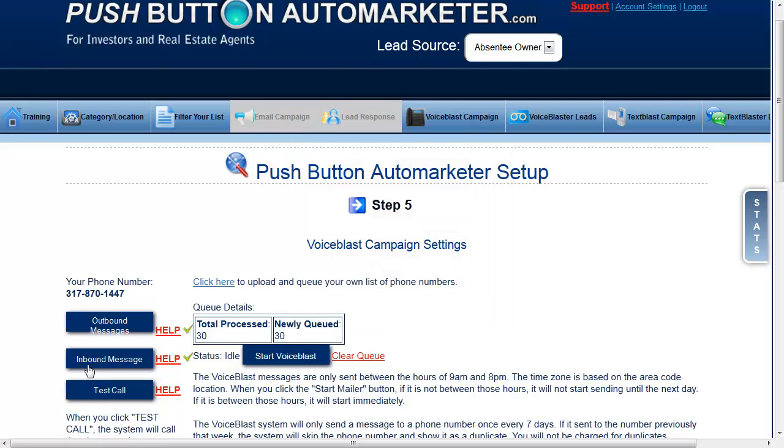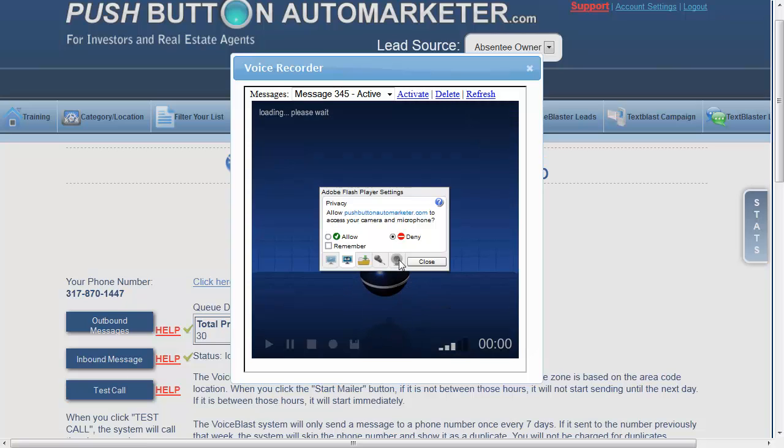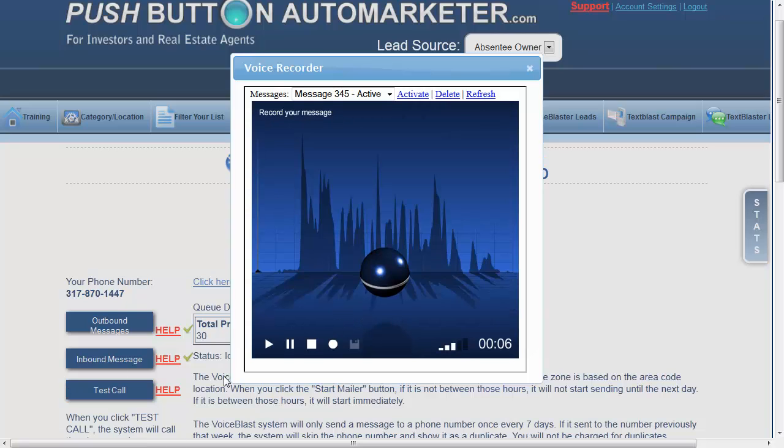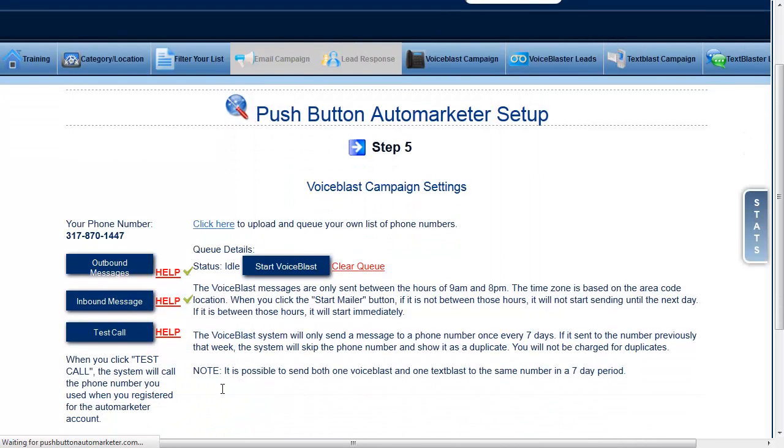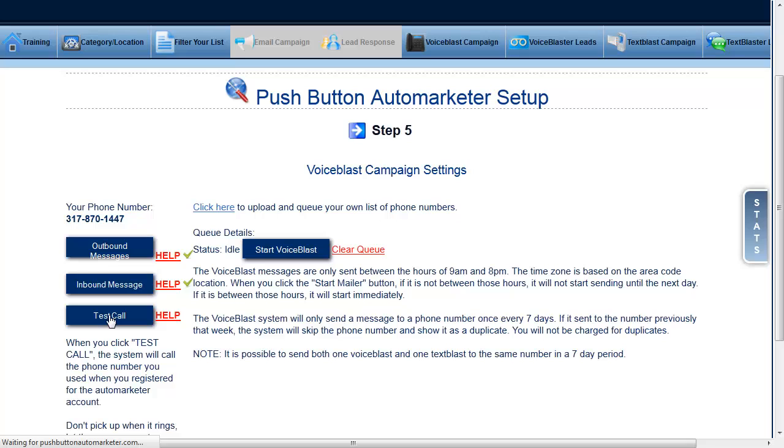And then the inbound message is just like a voicemail. It just says, hey, this is Joe. Leave a message after the beep. I'll get back with you as soon as I can. And that's all it says. And then you can run a quick test call, and it'll send it to your phone number, and you can listen to it. So you can also upload your own list of phone numbers